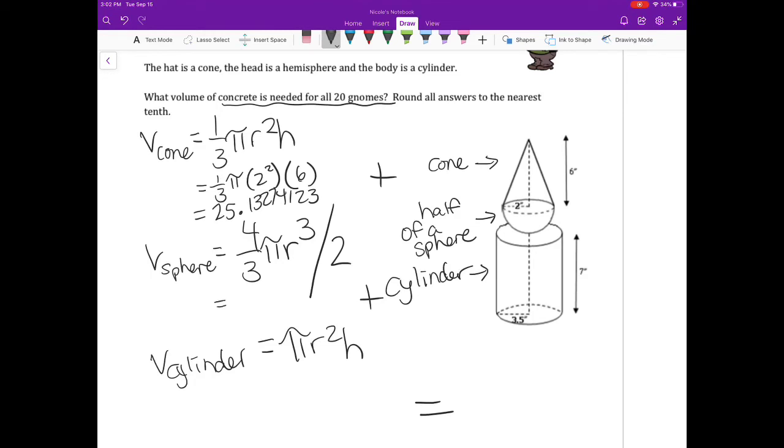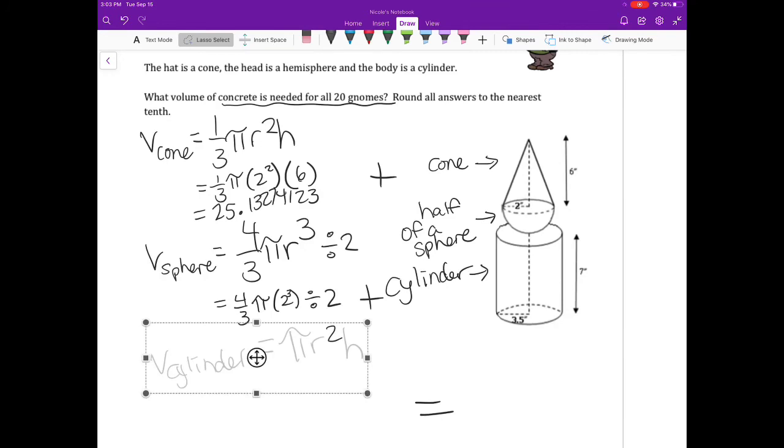My sphere, once I substitute in pi, and then my radius of my sphere is the same as my cone. So that's 2 cubed, which gives me 33.51032,164. But I'm going to take that number and I'm going to divide by 2. Remember, the reason that I'm doing this is because I have half of a sphere. So I actually end up, the volume of my half sphere is 16.755 and so on. Let's just move this cylinder formula